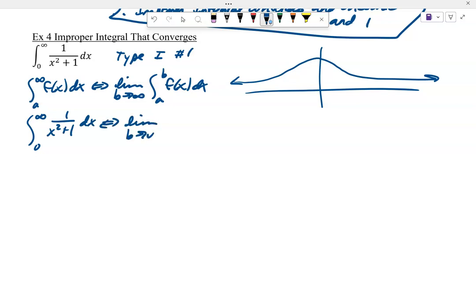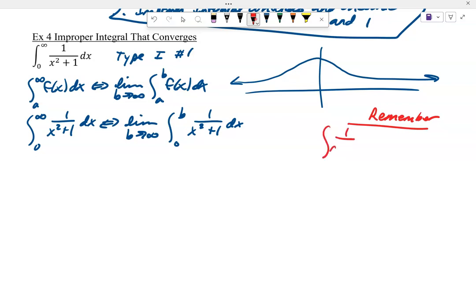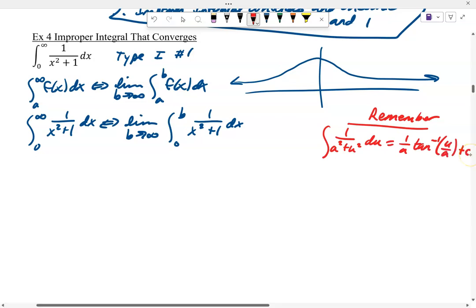So it's the same as the limit as b goes to infinity from 0 to b of 1 over x squared plus 1 dx. Now remember, if you look on your formula sheet, the integral of 1 over a squared plus u squared du is 1 over a arctangent of u over a, right? And so we can take this, our u here is the x, our a is 1, and so this ends up being